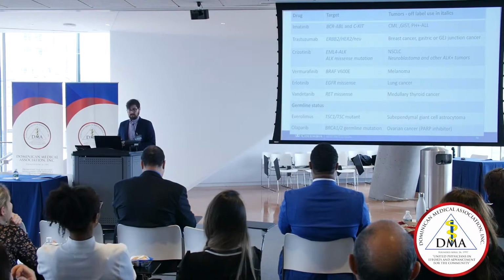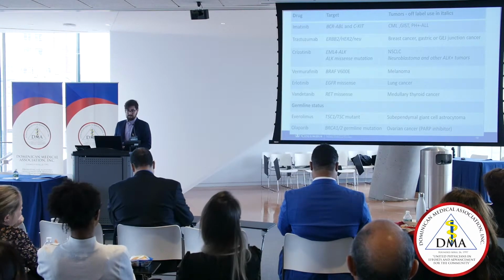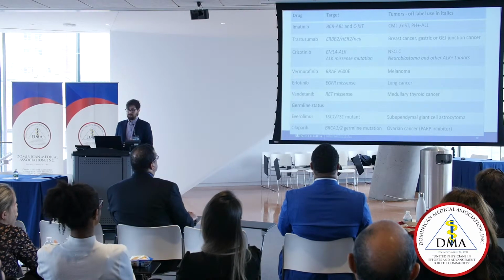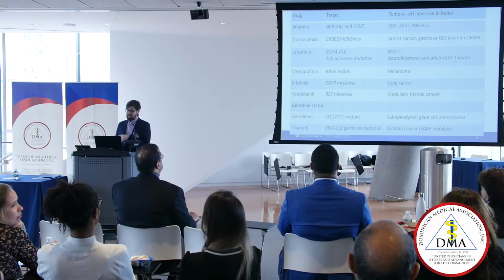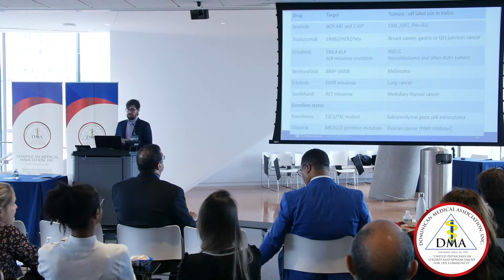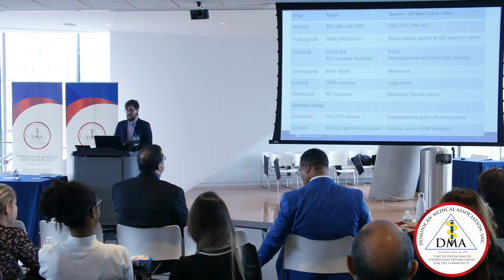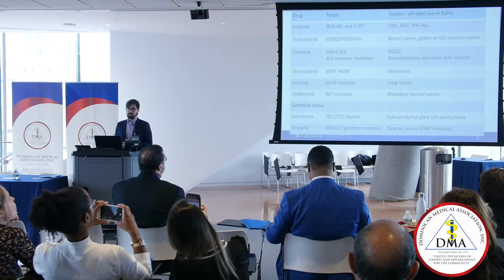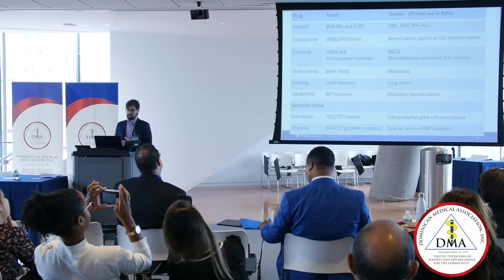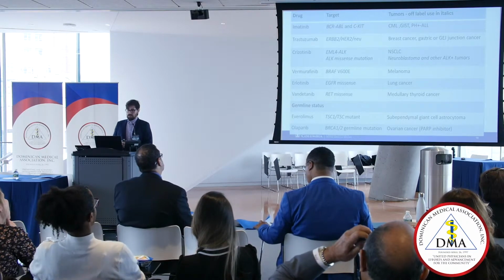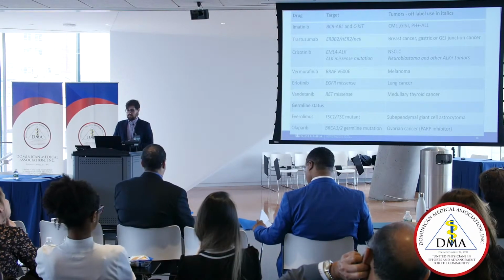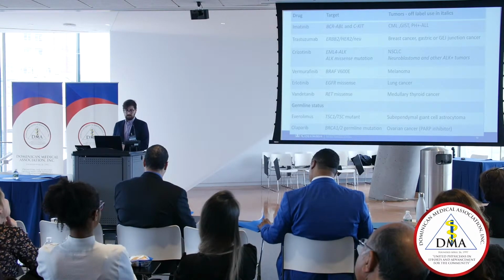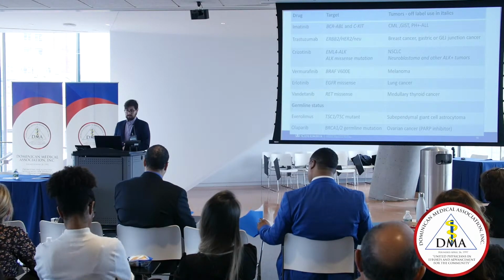And there are lots of drugs. Some of these have existed for a long time, like imatinib for CML. It's probably the first example of precision medicine, but we also have drugs for very frequent cancers, like breast cancer with trastuzumab, the ALK I mentioned earlier with crizotinib, and even melanoma and lung cancer can have potentially treatable targets with these drugs. And so these drugs exist. We in pathology can test for them, and that's our role in precision medicine, to give the appropriate treatment with the right drug and the right gene.